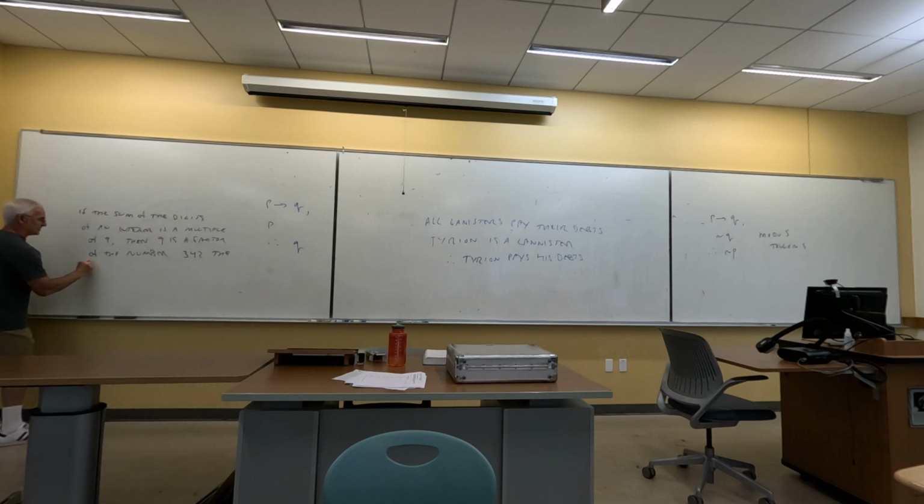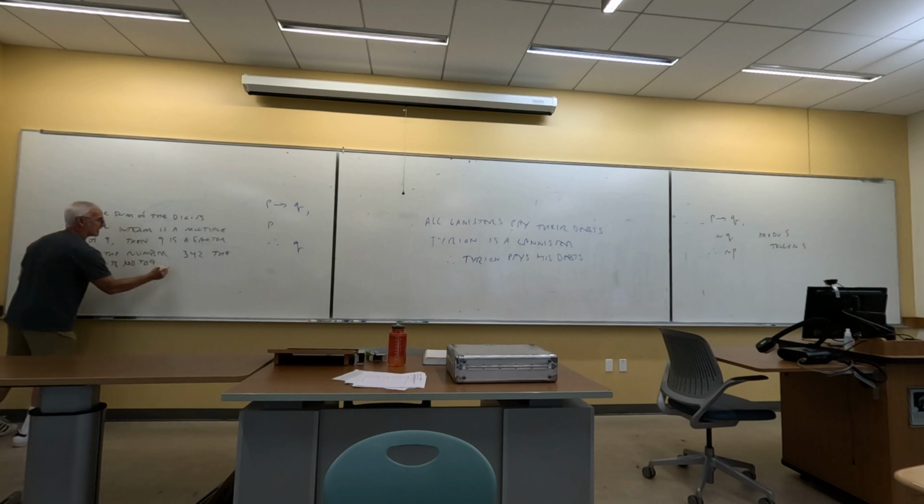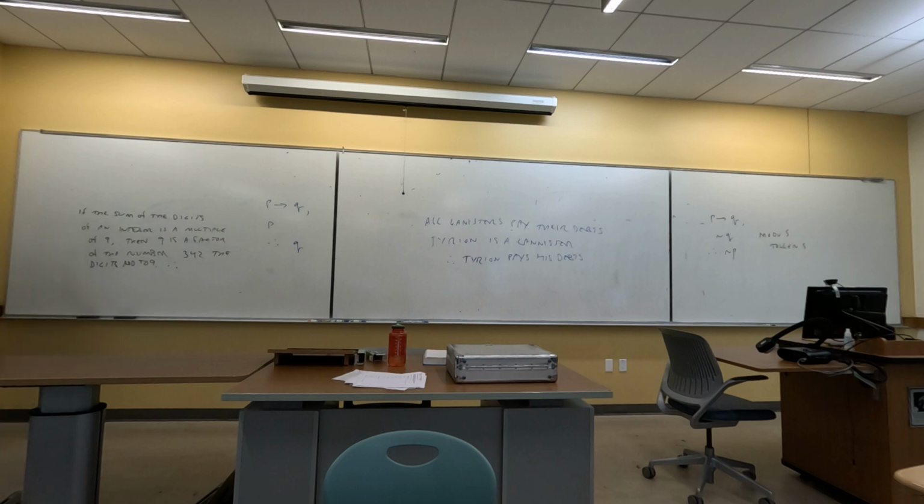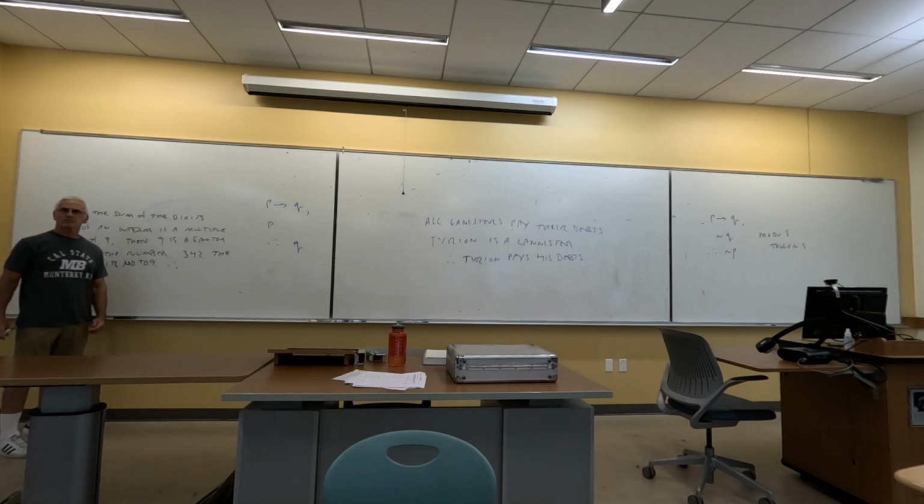For 342, the digits add to 9. Therefore, this is modus ponens, exactly. Therefore, what? We'll use good English. Therefore, 342